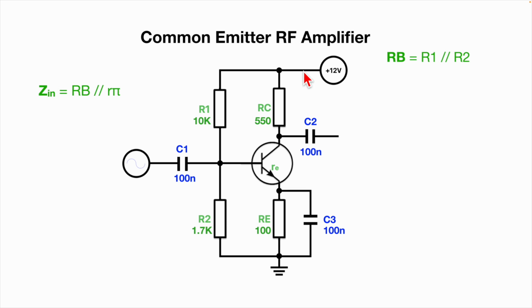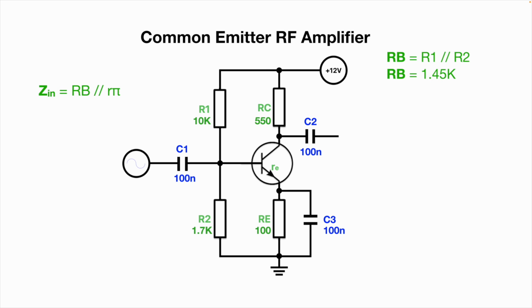The DC power supply is just seen as a ground, and that means that R1 is actually in parallel with R2. We could draw R1 down here next to R2. So these two effectively are seen as in parallel with one another. And so if we do that, that gives us a parallel resistance of